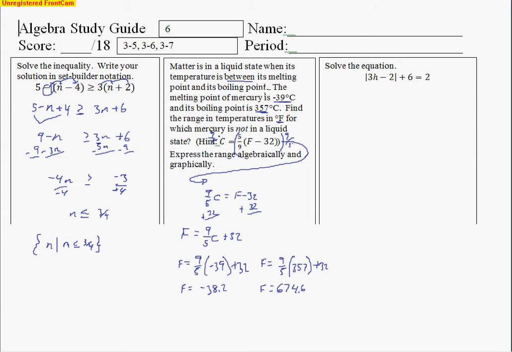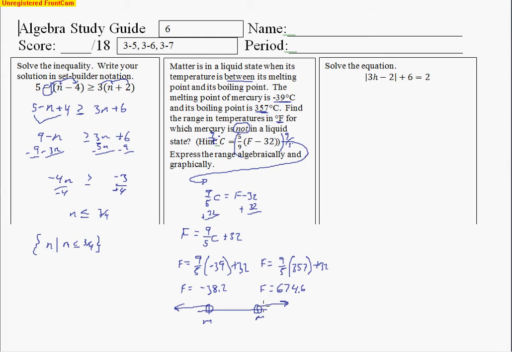Well, it says the melting point for mercury is -39, and its boiling point is 357 degrees. And so I see that the values would be between these two numbers if it were in liquid state. But we've got to read carefully here. It says when it's not a liquid state. So that means it's not between. Not between means that the mercury temperature is going to end up being below -38.2 or above